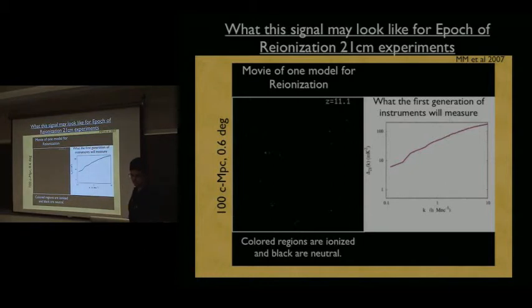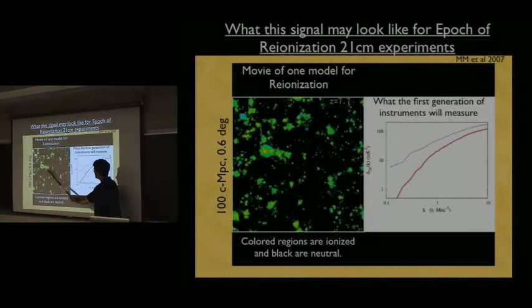Okay, so I'm starting the simulation. Initially, your first sources turn on, and they're ionizing the regions around them. The regions around them are the most overdense regions in the universe because the first sources are highly biased. And so the power spectrum initially goes down because you're getting rid of dense regions that have a lot of neutral hydrogen. But eventually, because of the clustering of sources, you tend to get very large H II regions